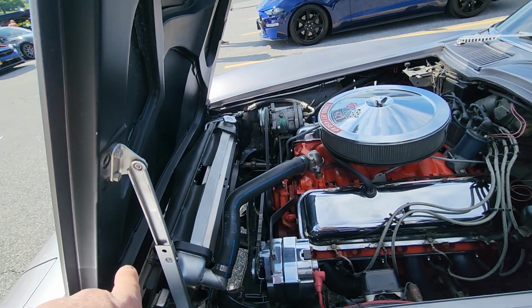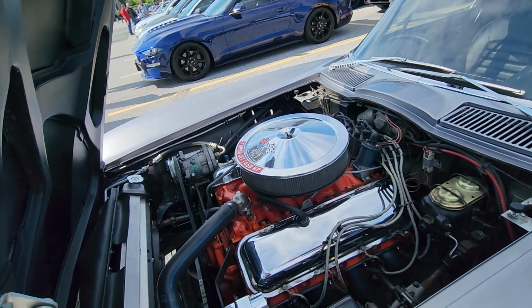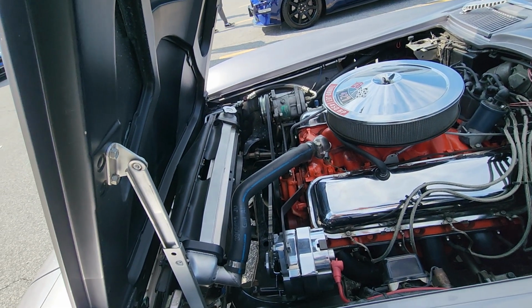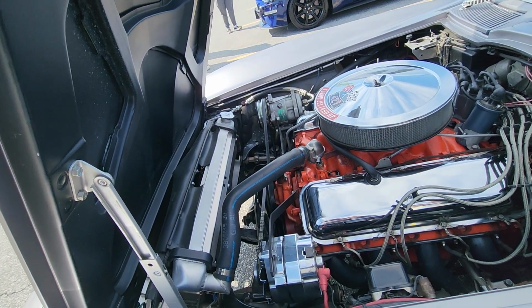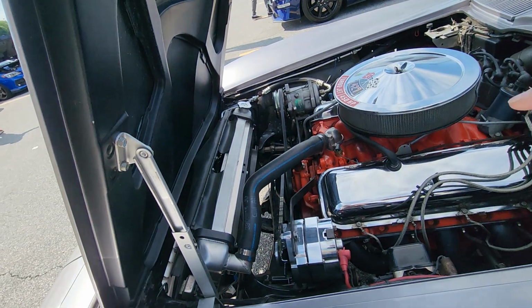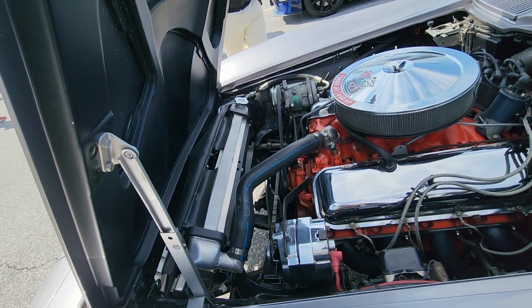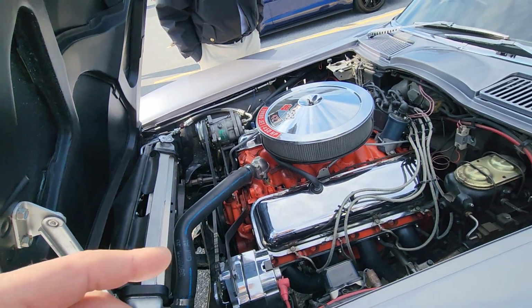I did that because these things are notorious for overheating, especially the big blocks, because the radiators are at an angle, and because of that, they don't get air forced through there. So for a big block, especially when it's really hot out or you're on a parade, I put the electric fans in, and the aluminum radiator. You almost have to have that, or they're going to overheat. But the original one was